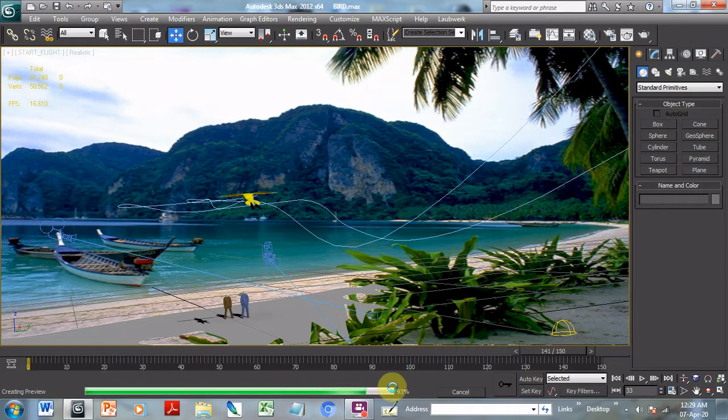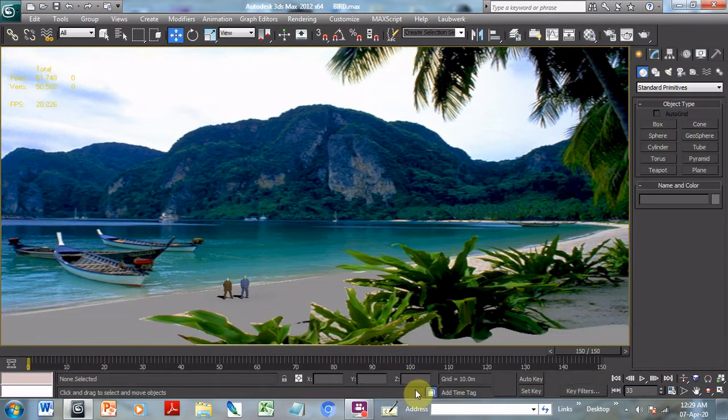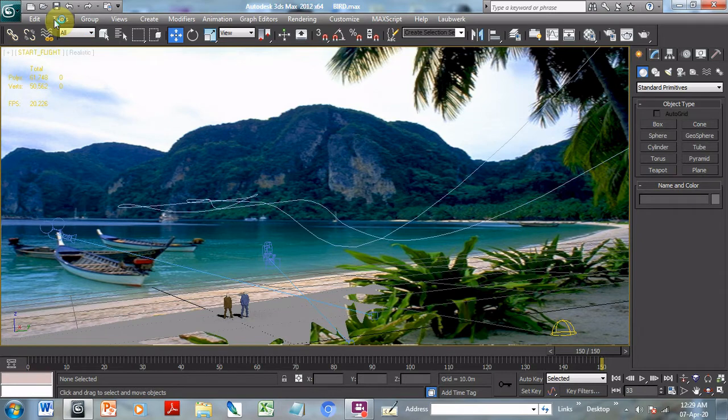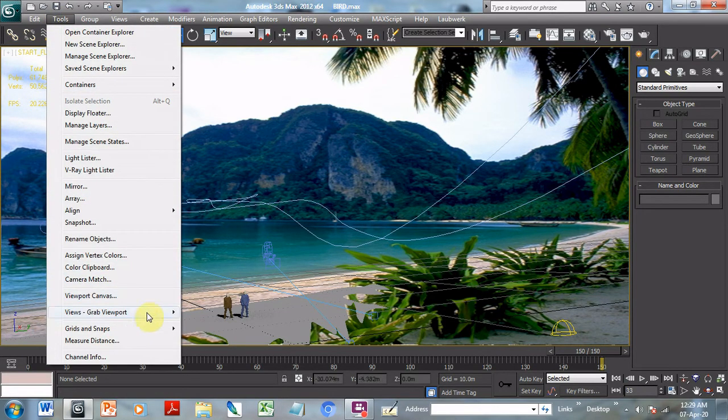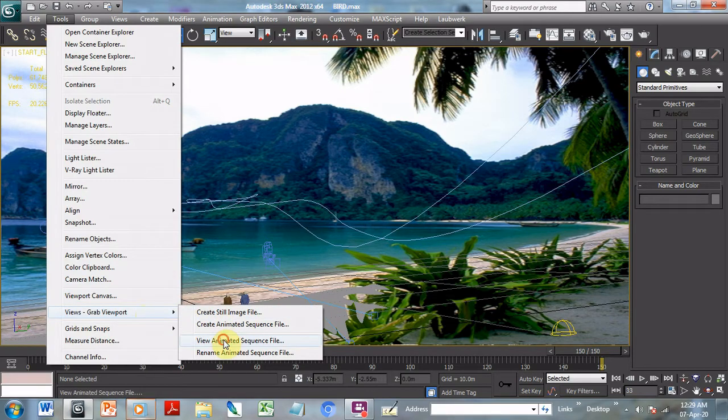This is not rendered animation. This is just the preview option which can be opened in 3ds Max screen in just a fraction of time. Grab viewport,